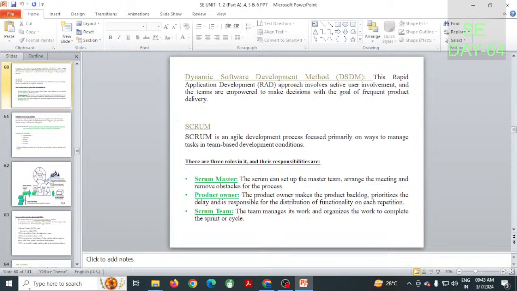Next one is Scrum. It is also another agile process model. Here, Scrum is an agile development process which is focused primarily on different ways of managing tasks, especially for team-based development conditions. What are those roles? Importantly in Scrum,